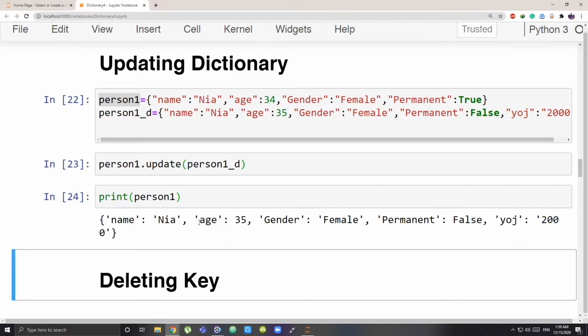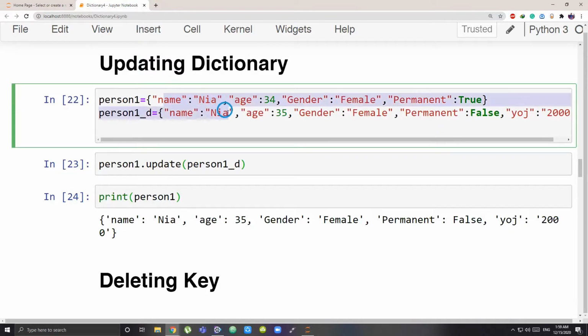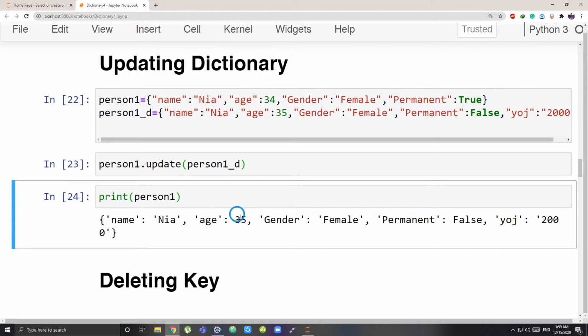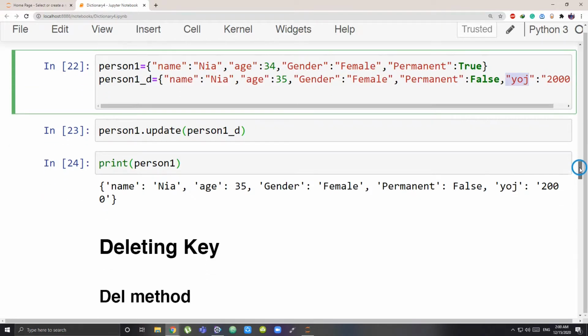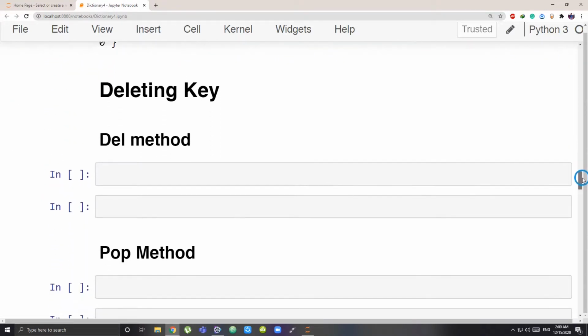So now you can see name was the same in both my updated and the previous one, so that did not get changed. Age was updated, there was an increase in the age, so that got changed. Permanent and female, I mean gender, remained the same. There was a new key, year of joining, that got added to my old previous dictionary. So that's how you update your previous dictionary using a new dictionary.